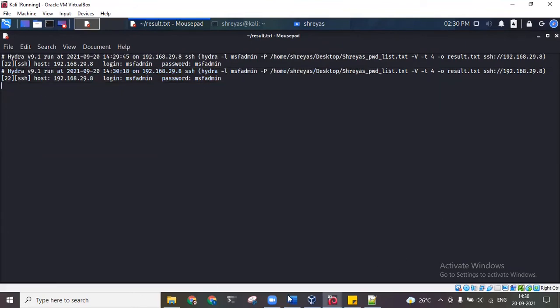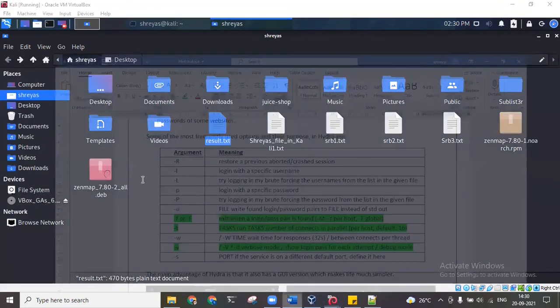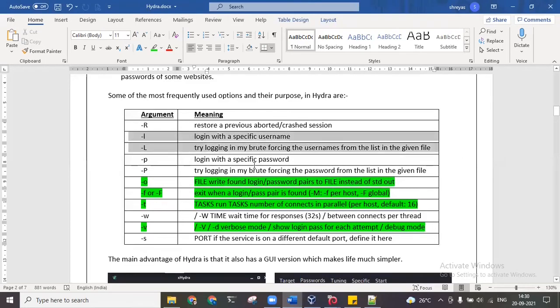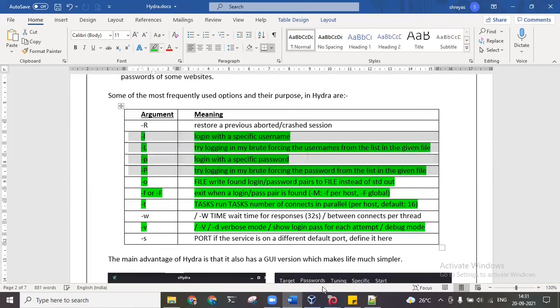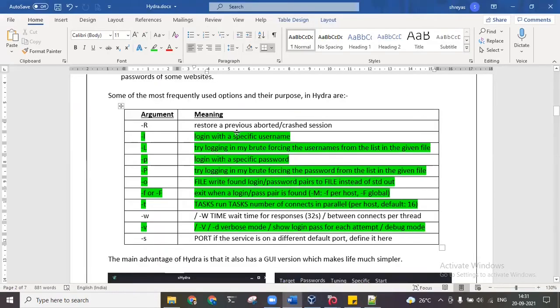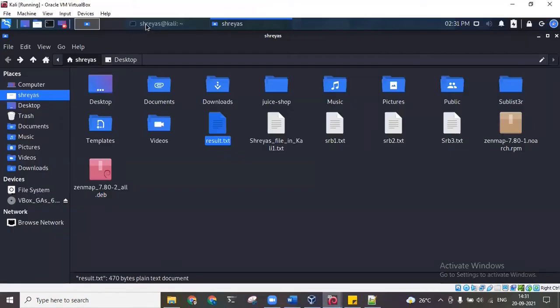So this is another thing. We saw this one as well. Hyphen small l and capital P also we saw. Then okay, hyphen R. Now I'll show this one. This works.